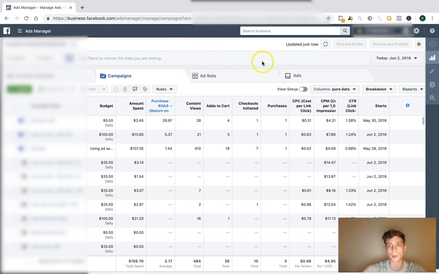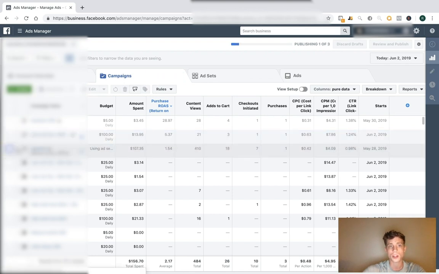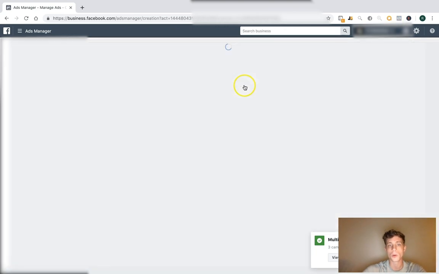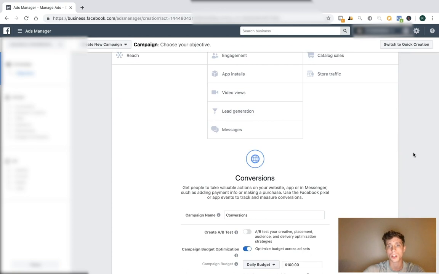Here is how we're going to fix that. Obviously, the optimization just isn't working the way it should. Sets that were getting multiple sales aren't getting even one. First thing I'm going to do is shut off these old sets. I'm going to assume that they're just not going to work ever again. The next thing we're going to do is create a new campaign. We're going to make a fresh campaign that's going to hold our fresh interests, because what was working before is